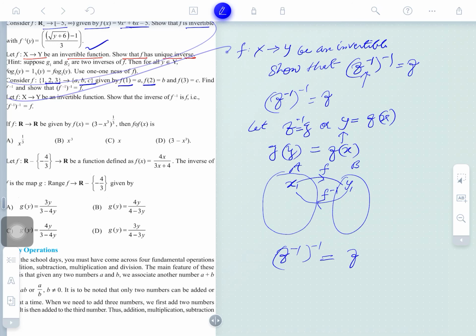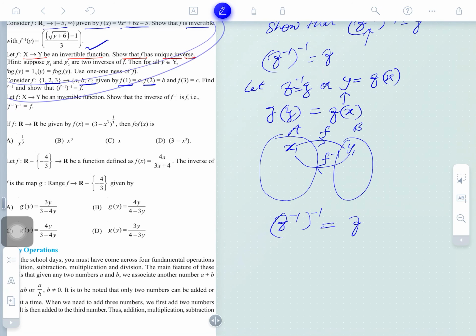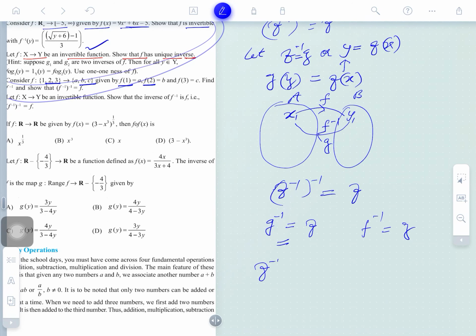How is this? What is the method of proving this? So this function you are supposing g. So we are to find out here g inverse is equal to f. So what is g inverse here? g inverse is equal to f, and f inverse is equal to g. Clear? So simply it is f inverse of inverse. So you just have to take f inverse of x for x domain, okay.